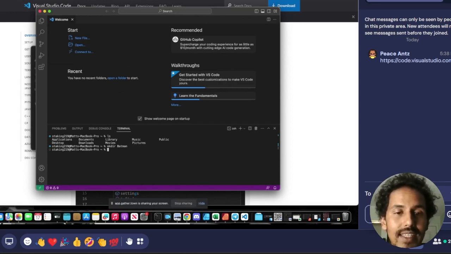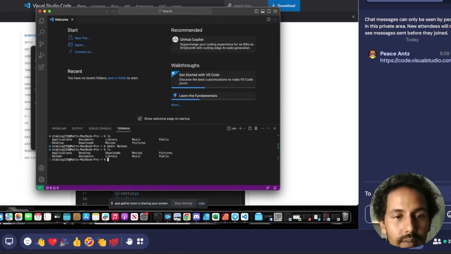And now if you hit ls again, or another way that I tend to do a lot is hit the up arrow and that'll go to the previous commands you put in. If you hit the up arrow once, it says mkdir again. If you hit it again, it'll do ls. Cool. So let's hit enter. And then, yep, there it is, Batman below applications.